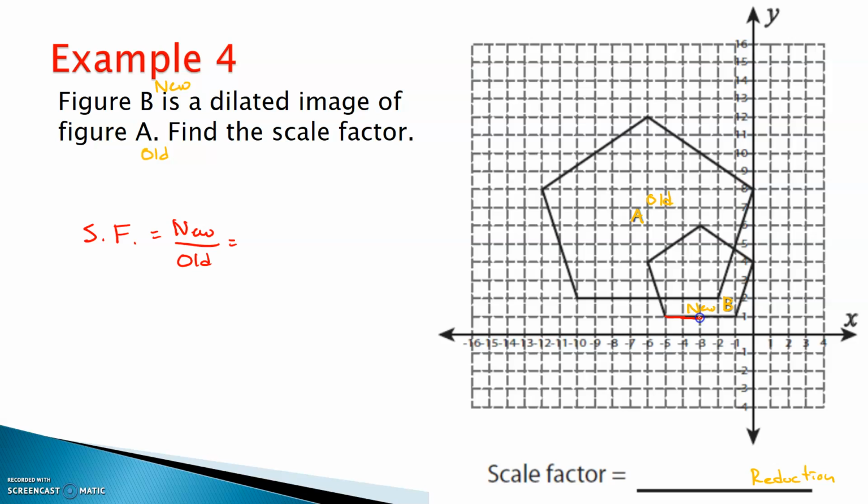1, 2, 3, 4. Okay, that was a distance of 4 units. What about the old one? 1, 2, 3, 4, 5, 6, 7, 8. Okay, so 4/8. If I actually simplify that, divide the top by 4, divide the bottom by 4, I get 1/2. So my scale factor is 1/2. And again, it makes sense, right? Less than 1, that is going to be a reduction. So we actually see that image